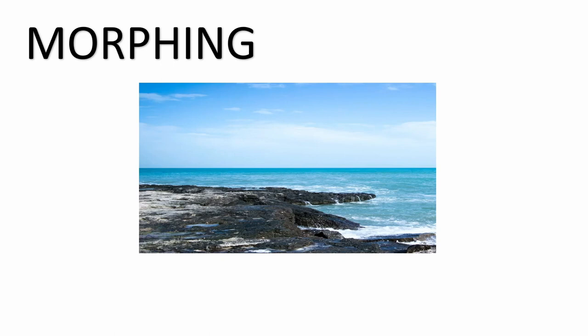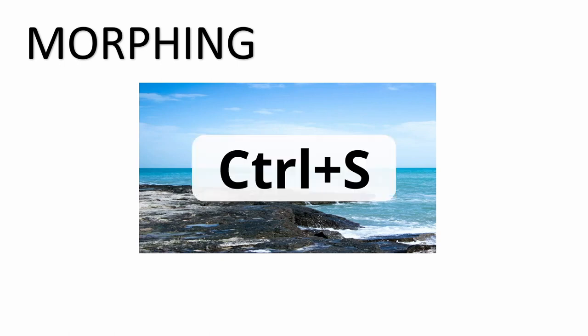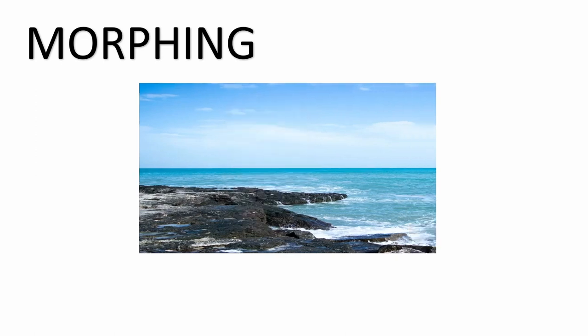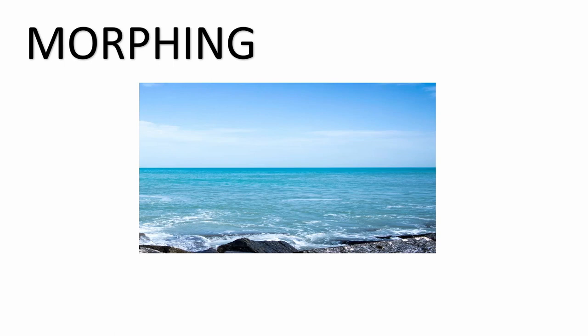So that's great, but what about those times when you're not sure which slide you want to jump to? Maybe your presentation is a little bit longer and it's hard to know which number to enter. All you have to do is hold Ctrl and tap S. That gives you a pop-up which holds a list of all of your slides with their slide titles and slide numbers. So, I would like to jump to this particular slide. I use the arrow keys to go up and down to select it, and then I tap enter on the keyboard. It takes me directly to that slide.